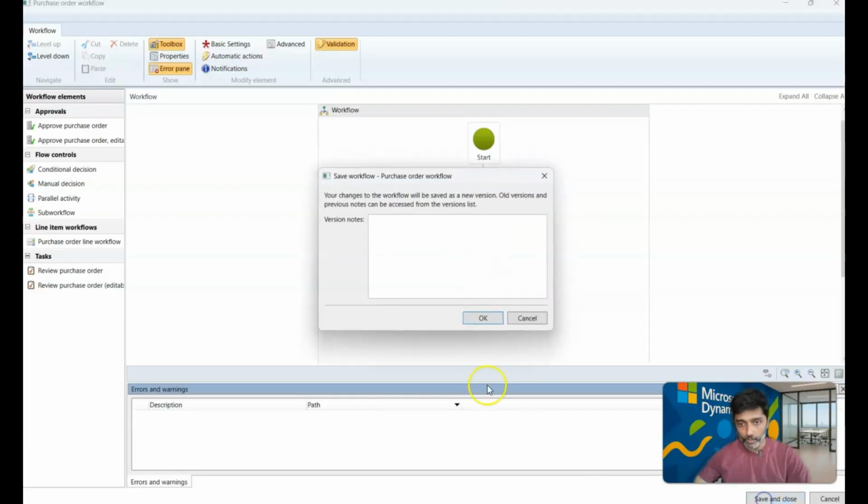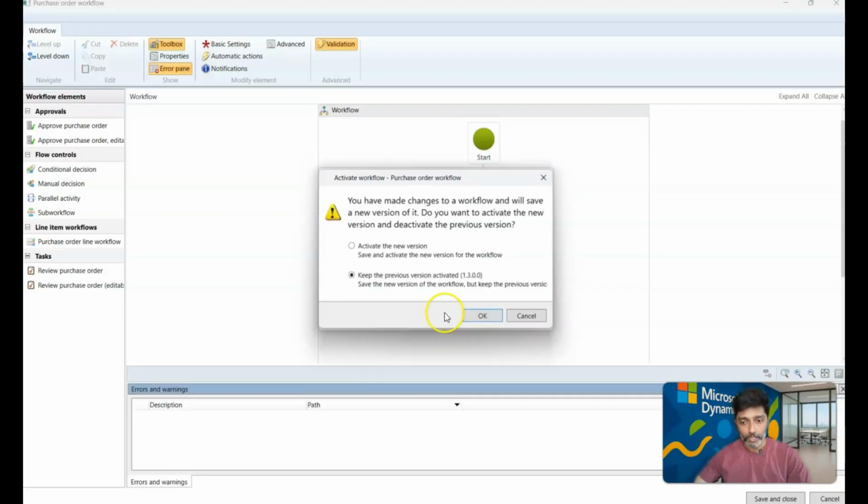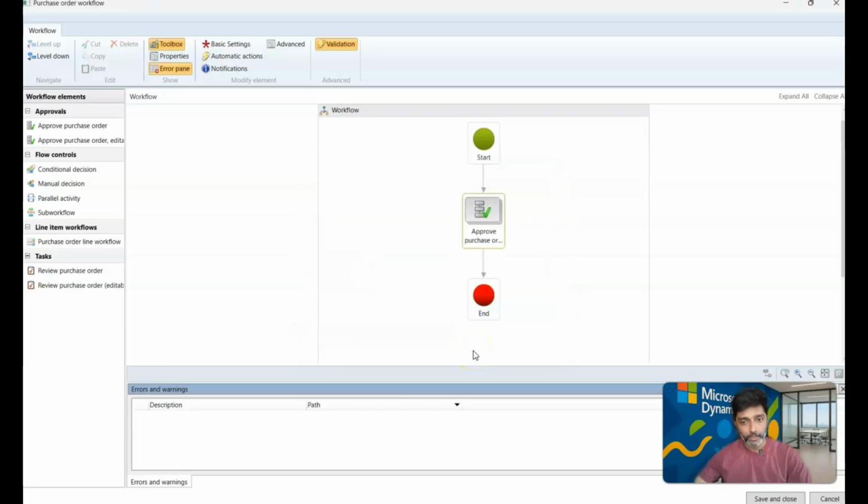I'll simply save and close, and then we will navigate back to the Dynamics 365 screen and quickly create a purchase order for Acme Office Supplies and submit it for approval workflow. In this case, I am expecting the system to automatically complete the workflow and take the purchase order status from in review to approved. So I will activate the new version, and once the new version is activated, we can